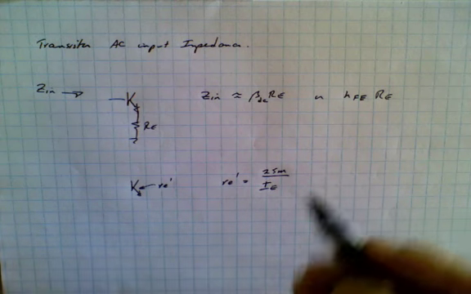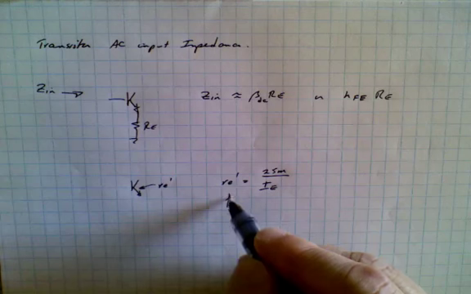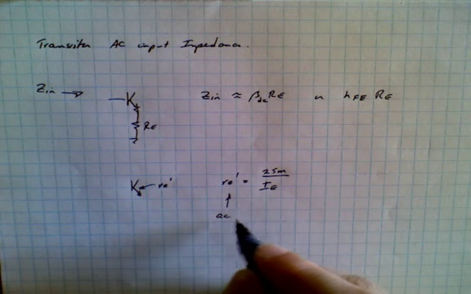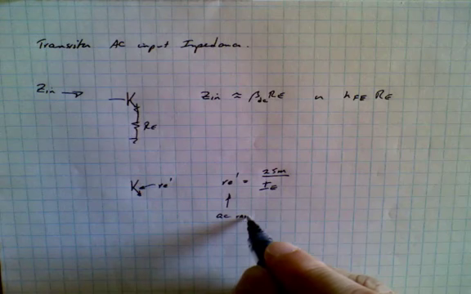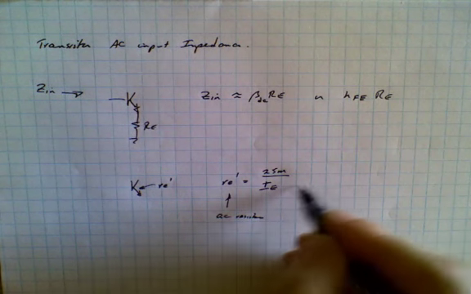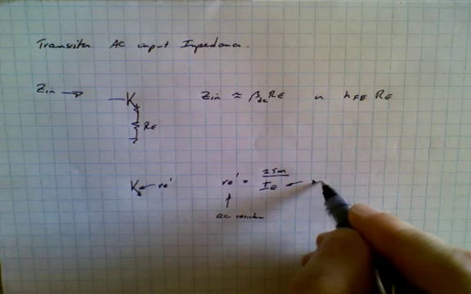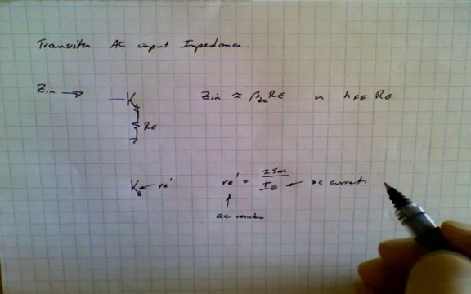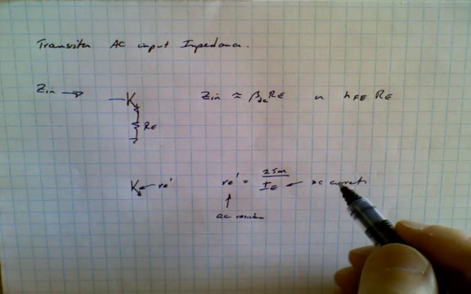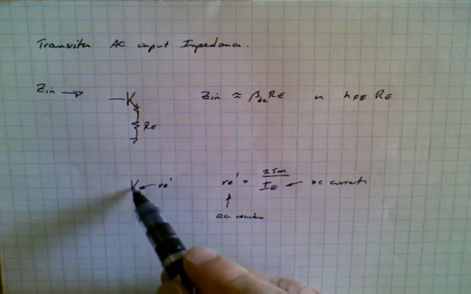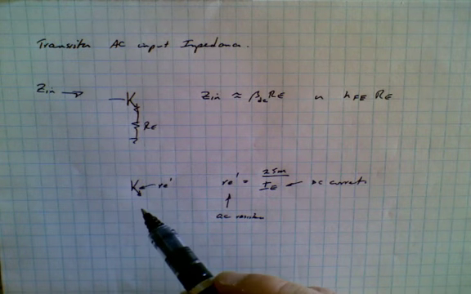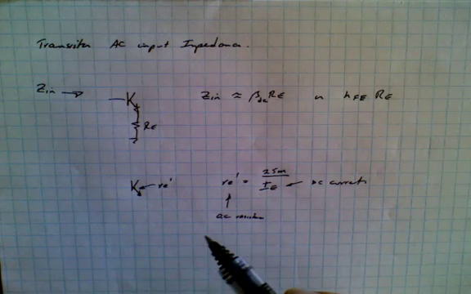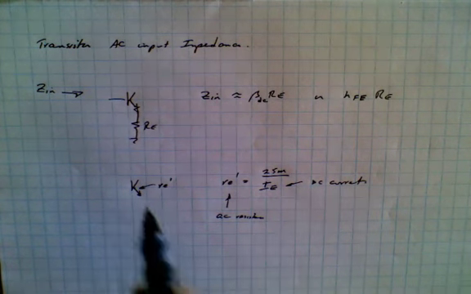Now this is a very interesting parameter because this is an AC resistance, but this is a DC current. So the AC resistance is dependent upon the DC current flowing through this base emitter junction. When we look at the circuit,